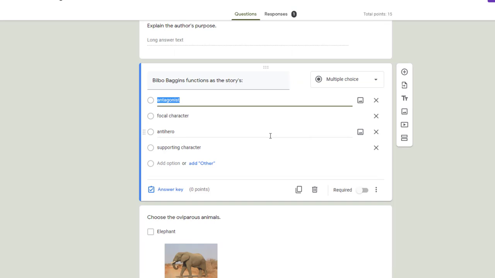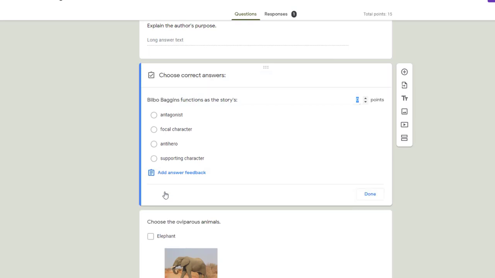So now let's take a look at a multiple choice question type with regard to a quiz. You'll notice I have the ability to click answer key below, and this time what you're able to do is actually select the correct answer. So in this particular question, I'm going to select anti-hero, give it its point value,